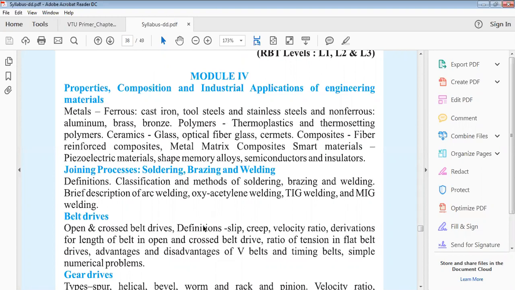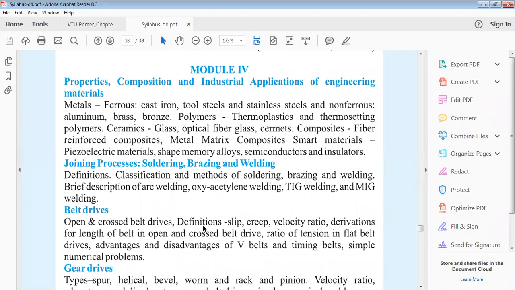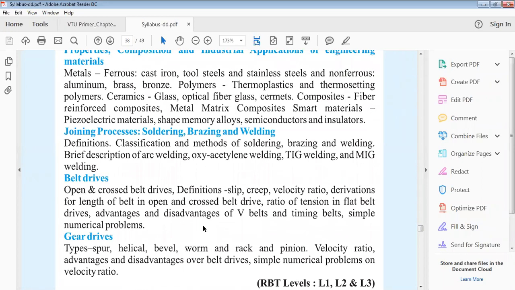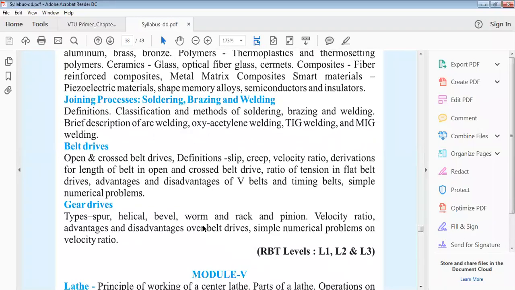All that we'll be discussing, and also we'll be discussing belt drives, that is open and cross belt drives, which we use for transmitting power from one shaft to another. So that is belt drives. That also we'll be discussing, and gear drives finally. So total